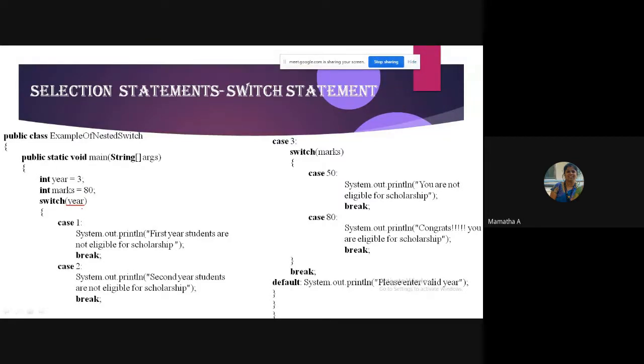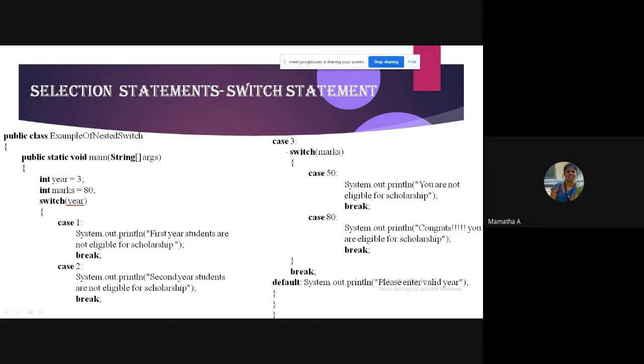Third year. So I will do it like this: switch year. If he is in the first year, he is not eligible. Second year, also not eligible.